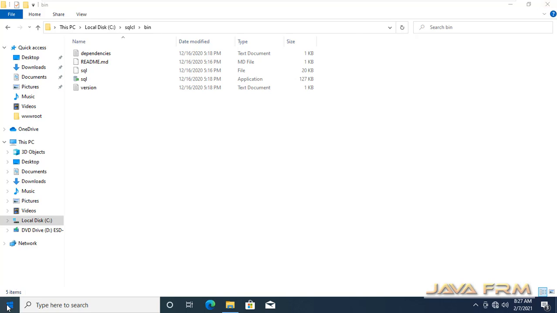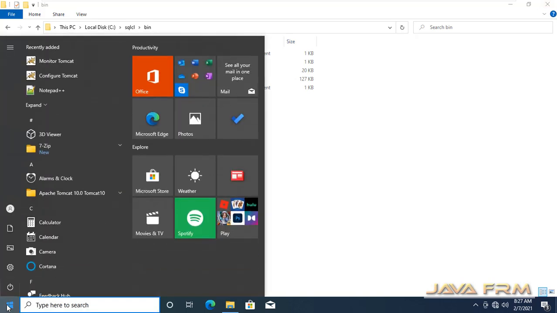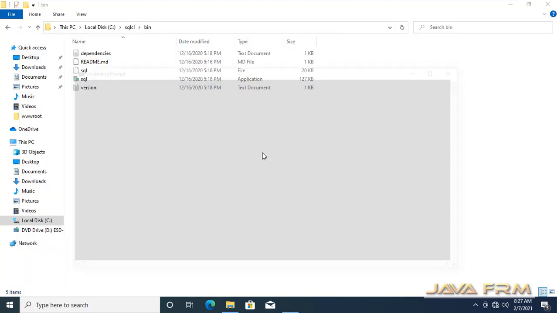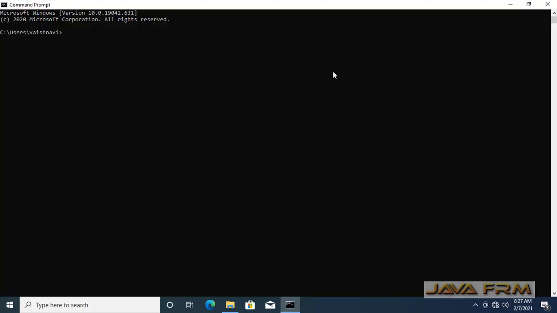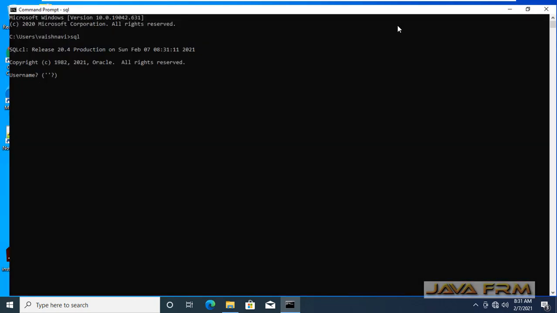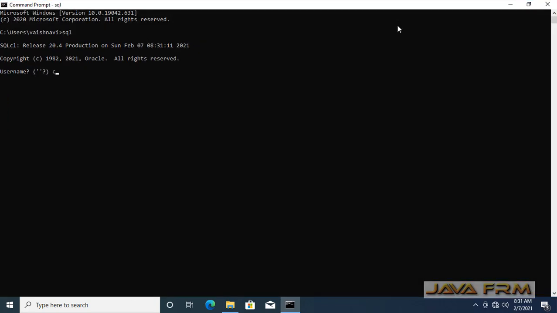So once again I am opening the command prompt. Type sql. That's it. It will ask for username and password.